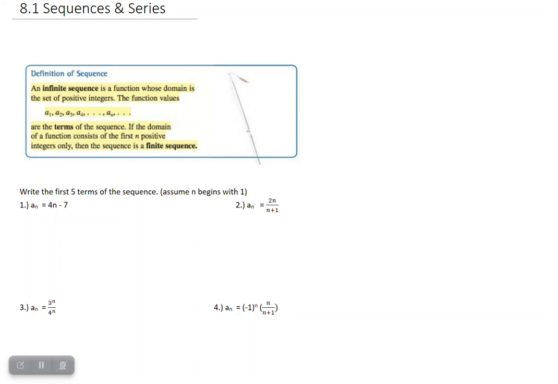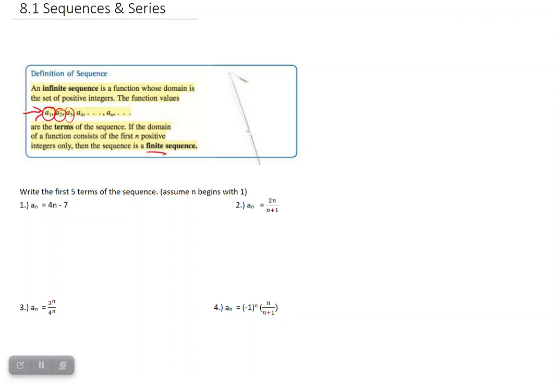We're going to do a short intro today about sequences and series. We're going to start with a sequence. As you can see by the definition, it's a function whose domain is the set of positive integers. You can see by the subscript right here that it tells you what term you're with. So this one right here is the first term of the sequence, this is the second, third, fourth, and so